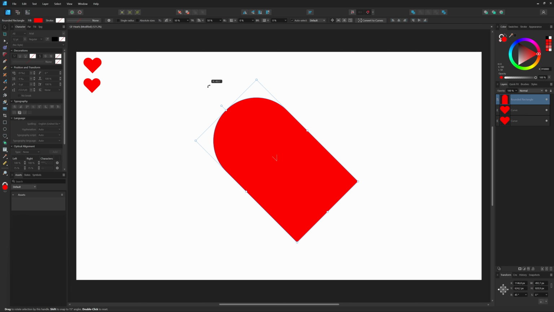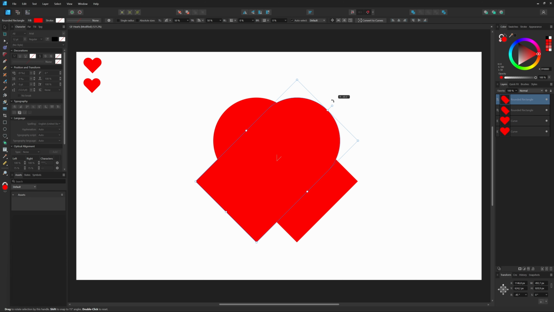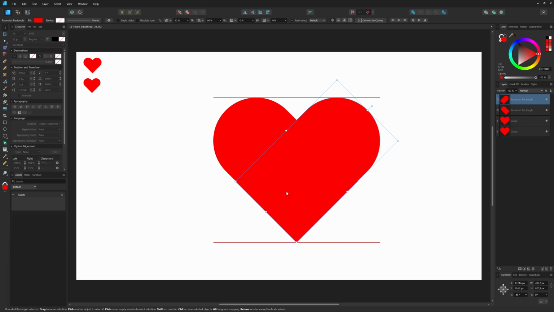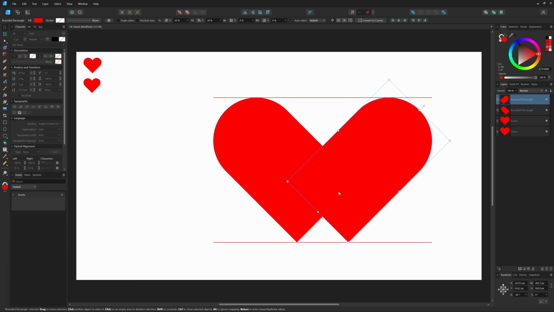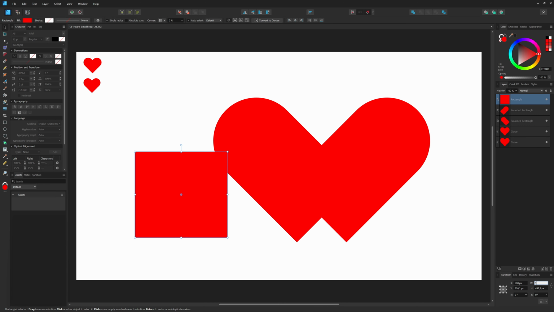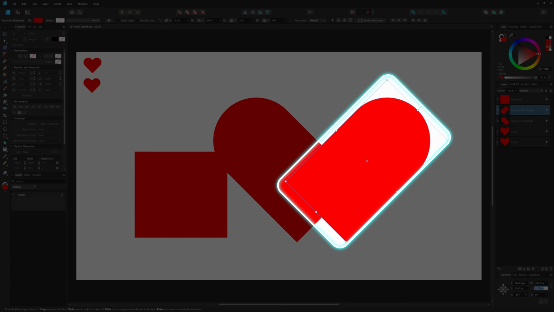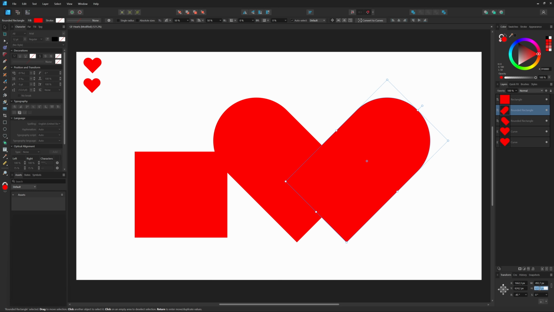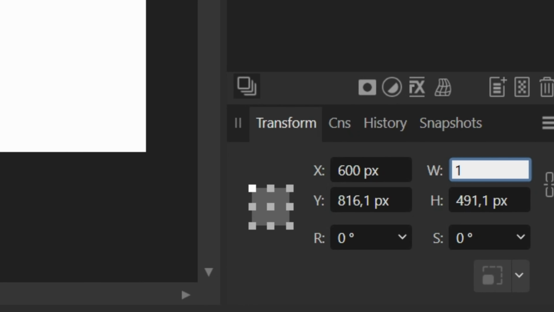You can probably guess the next step. Rotate minus 45 degrees, duplicate it, and then rotate the duplicate with plus 45 degrees. To perfectly align them into a heart shape, I'll use an additional rectangle. The width of this rectangle will need to be 1.16 times the height of our rounded box. So I'll copy the value from the transform panel and select the box to paste the value in the width field with